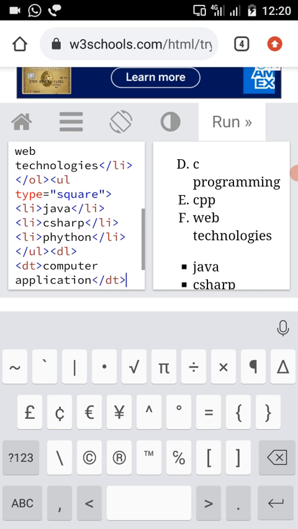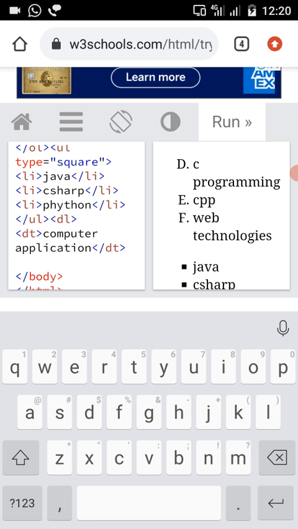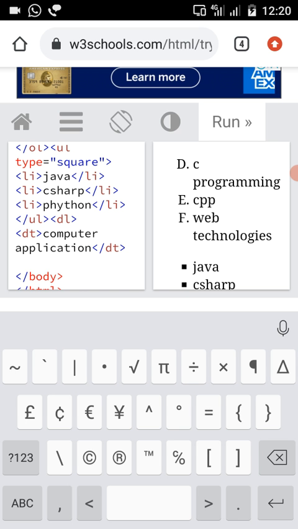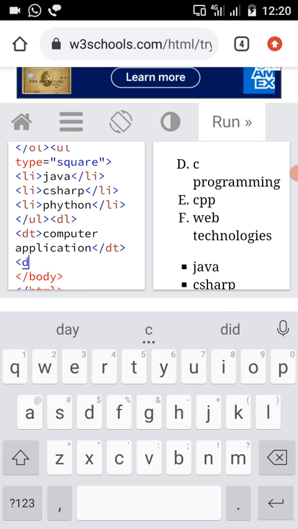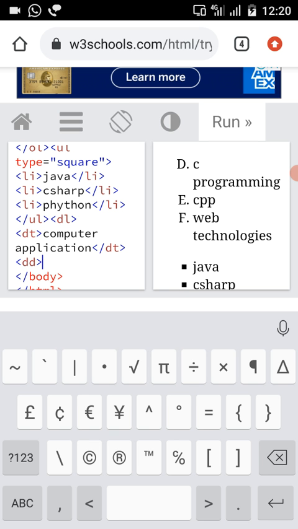Then after that you can make use of the DD tag. Here DD tells you it defines a definition for the term. So here I'm going to use the DD tag for defining the term.